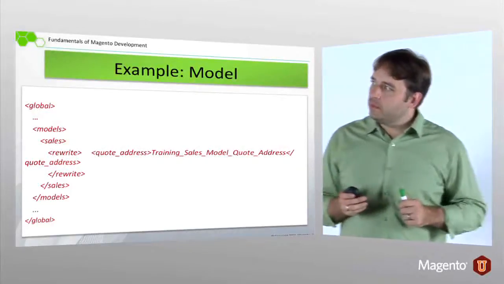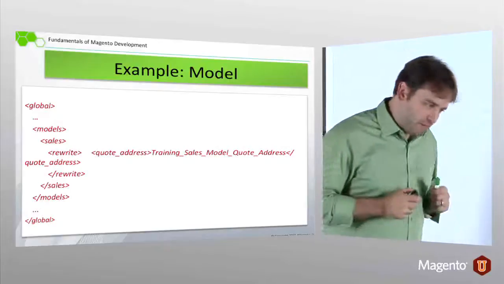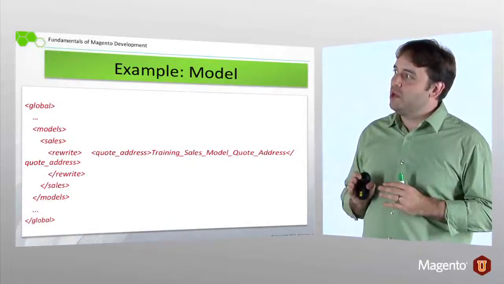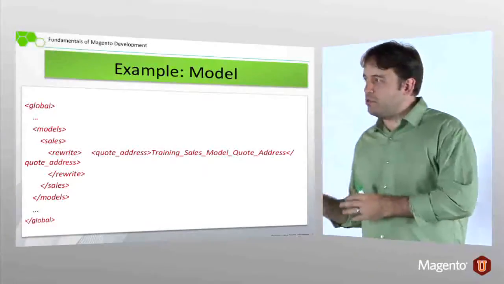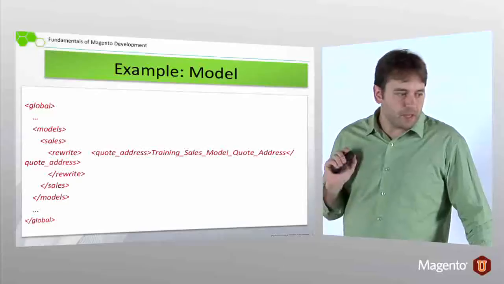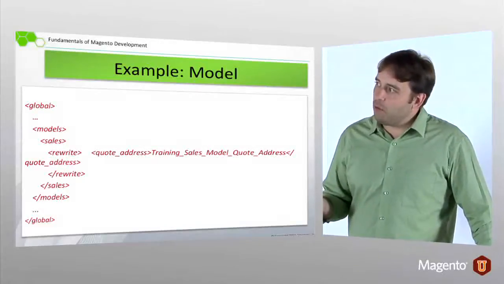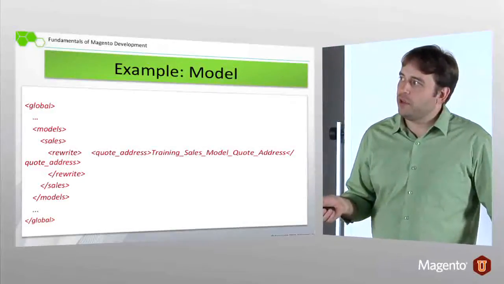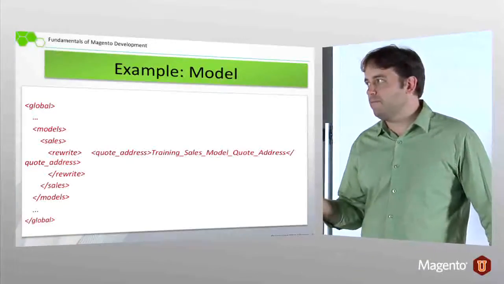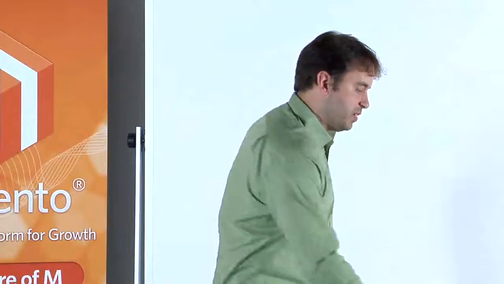Again, I know I'm spending a lot of time on this one point here, but it's very important because this is why we use factory methods, and this is how this works. We're going to take our node, this rewrite node, and pass in quote_address, and then pass in a full class name. So what that config object does,